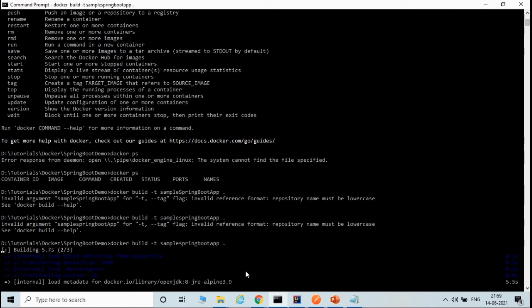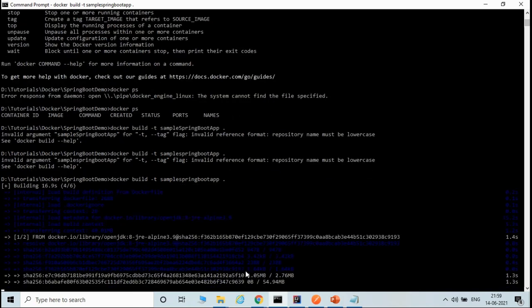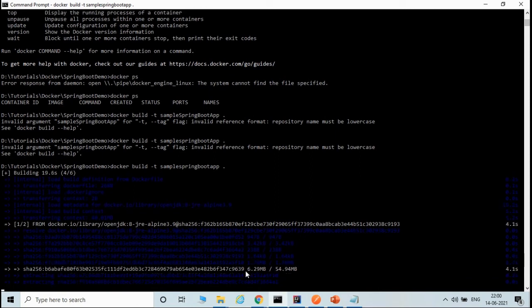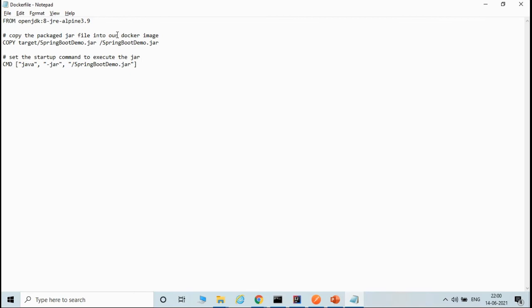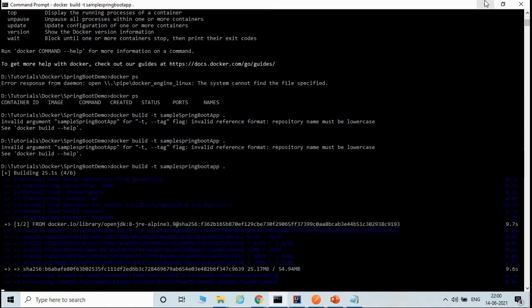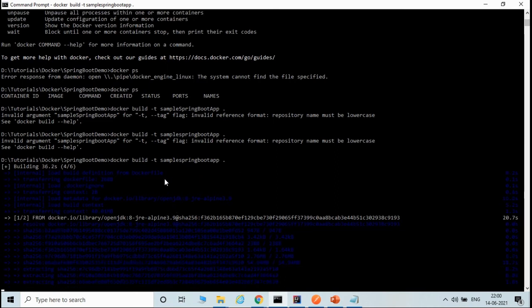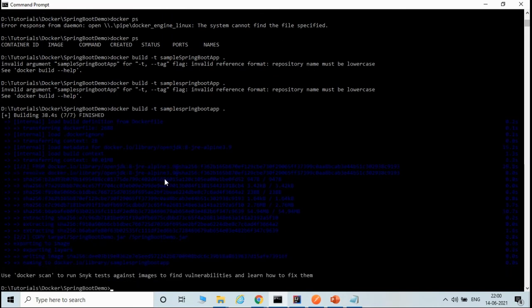So it is pulling the base image from the Docker registry. As I told you, by default it pulls the image from the Docker registry, and an image is the one which contains all of the necessary software. In our case it is Alpine 3.9, I believe, and it contains a complete operating system with Java installed on it. This is just a one-time process, so it is taking time. Once it pulls the image from the Docker registry, it will create a local copy, a local file on your hard disk. So it has completed building the Docker image.